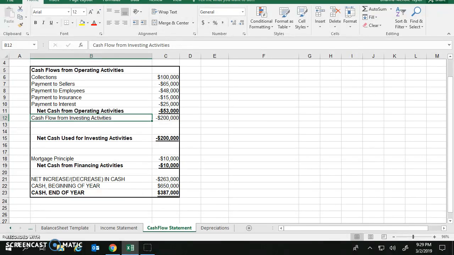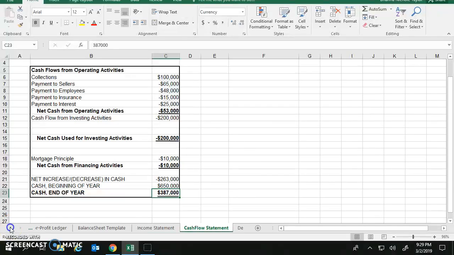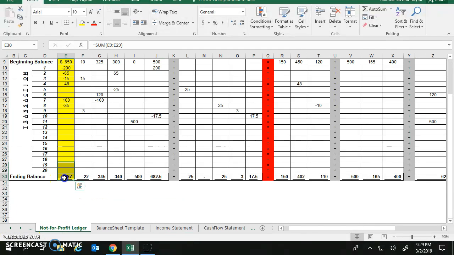So the negative 53, for instance, the negative 200,000 and the negative 10,000 should equal your net increase or decrease in cash. That's how you get the values at the bottom. And using the number cash end of year, that should match the value at the ending balance of your cash